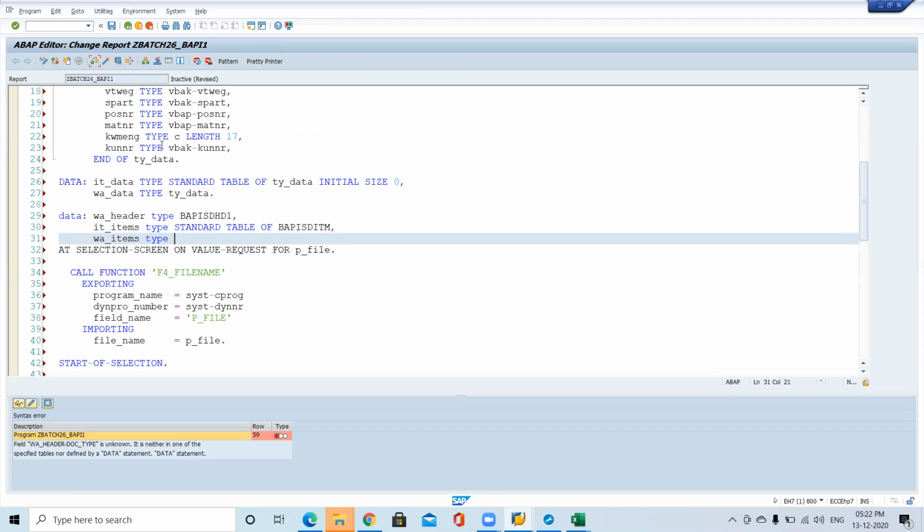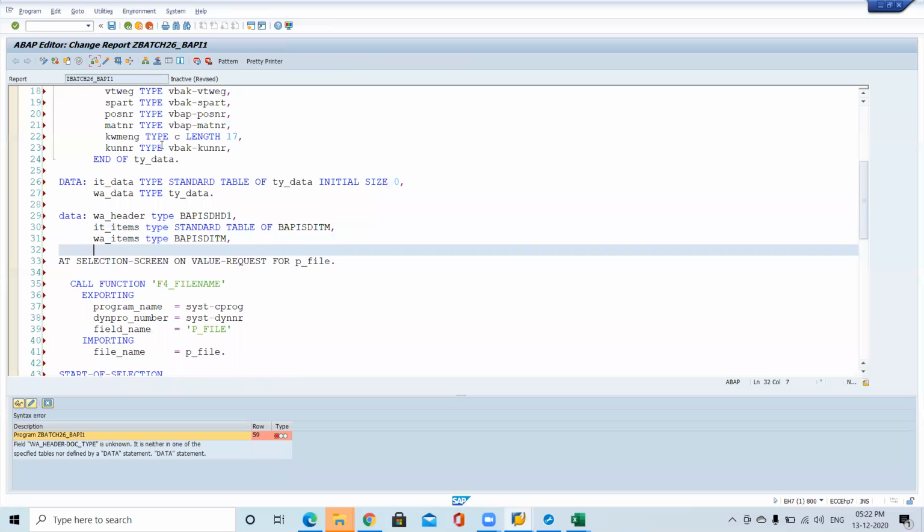So we need one work area. It's looking like this. And we need schedule. It should be